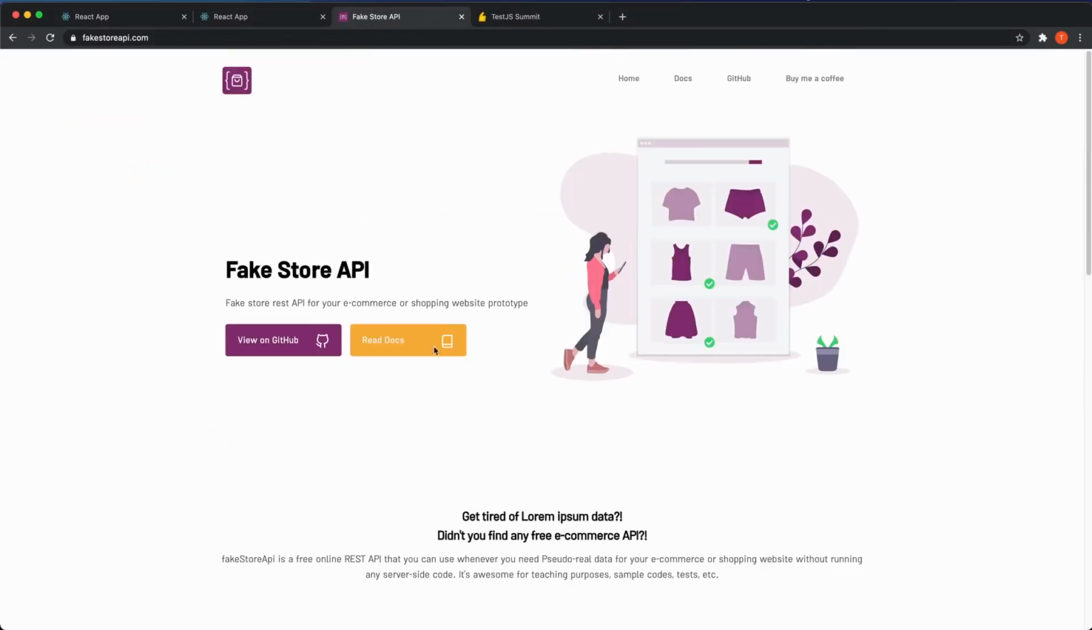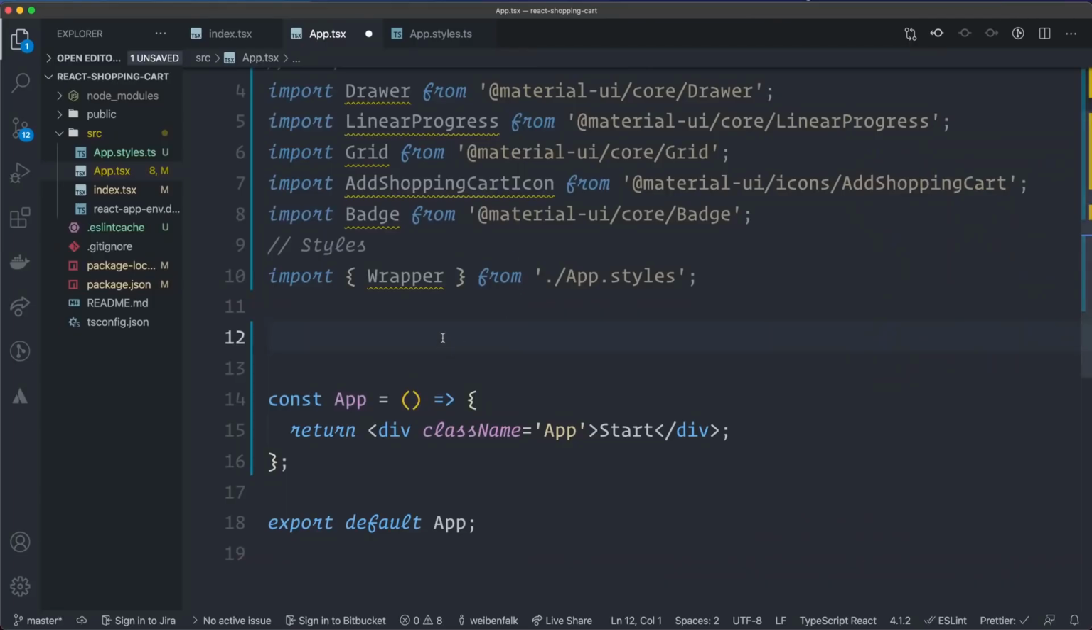I haven't heard of it before. I just Googled some stuff because I needed a Fake Store API for this application. So that's what I'm going to use. So we have to create a fetching function for it. So go back to the code. Outside of the app itself, I'm going to create this fetching function because we don't need to recreate it on